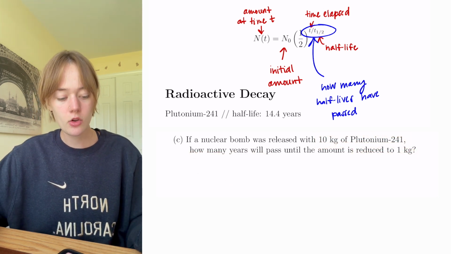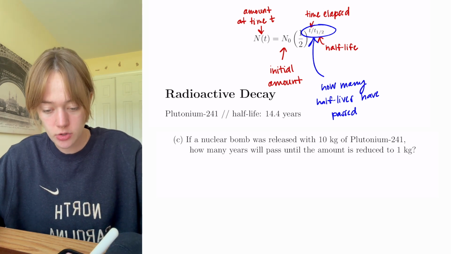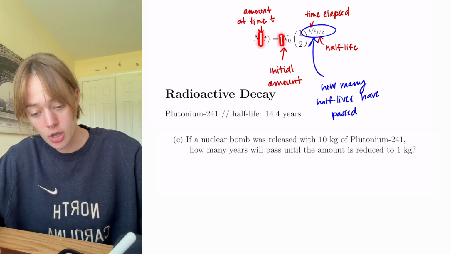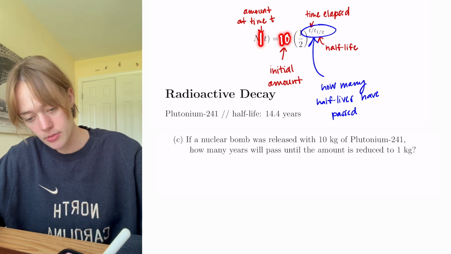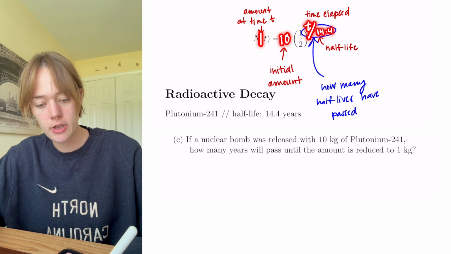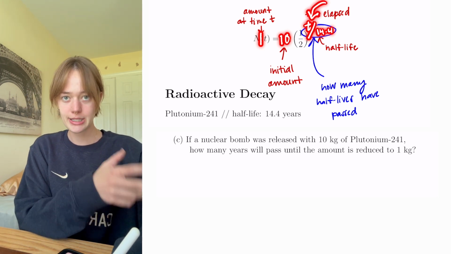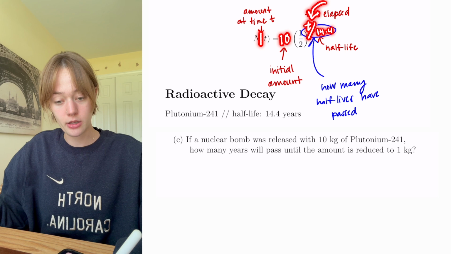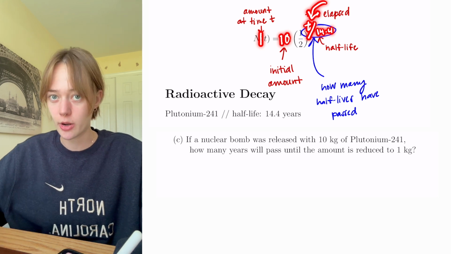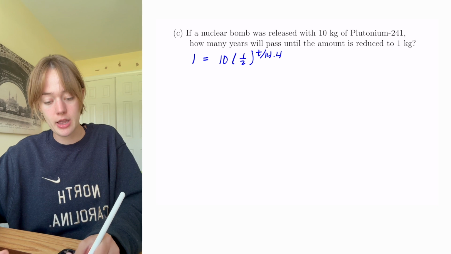Right, so this 1 kilogram is our output, right? After a certain amount of time, it's reduced to 1 kilogram. Our initial amount this time is 10 kilograms, and our half-life is still 14.4, but this time we want to figure out what our T is, how much time it takes to go from 10 kilograms to 1 kilogram with plutonium-241. So if we plug all of that in, this is the equation that we want to try and solve